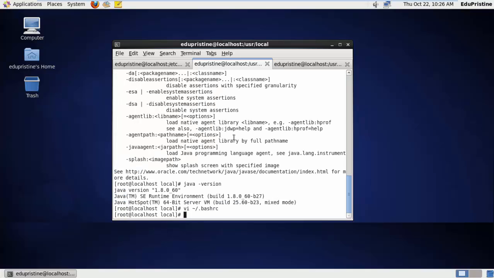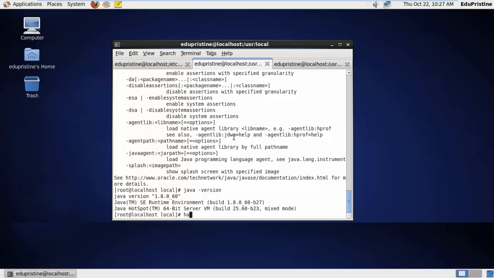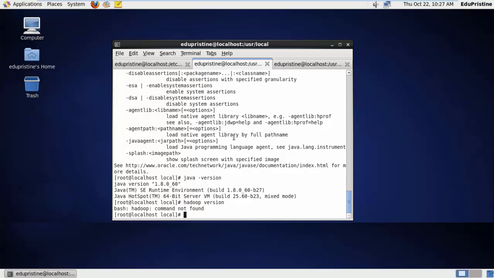Good. This is set. Let's test our Java. Good. And we'll test the version. Everything is right. Let's see if our Hadoop is working fine now. No, now we still need to install our Hadoop tool. So to get that done, let's